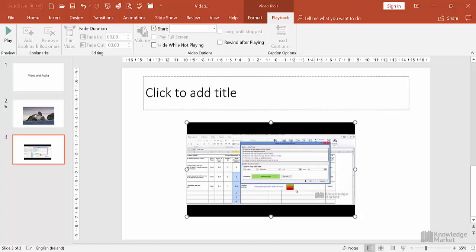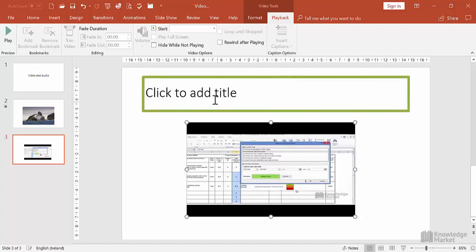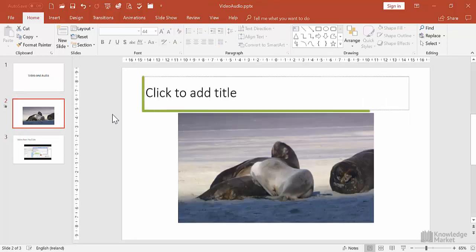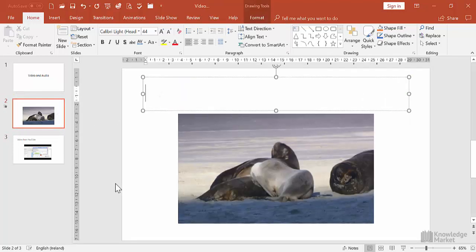Now we'll give the slide a name, so let's click up into that title box and type in video from YouTube. Then let's move back to the second slide and click into its title box and type in video from